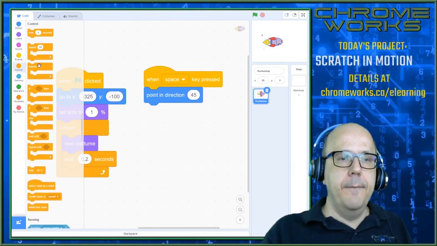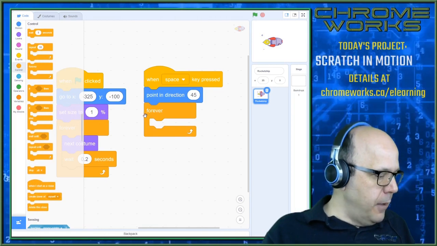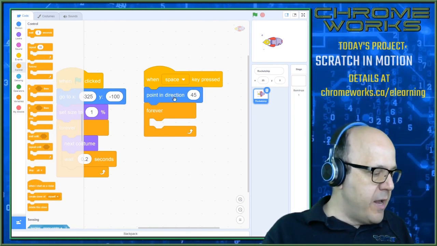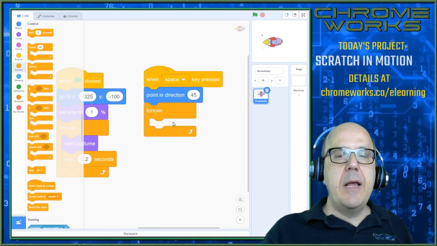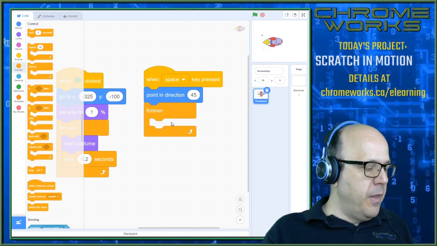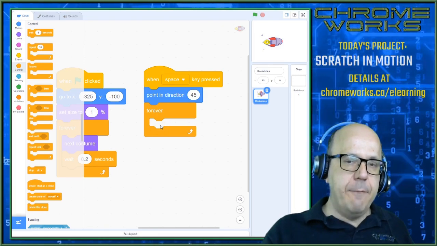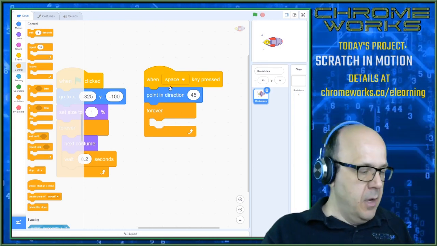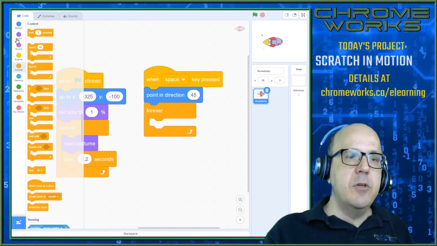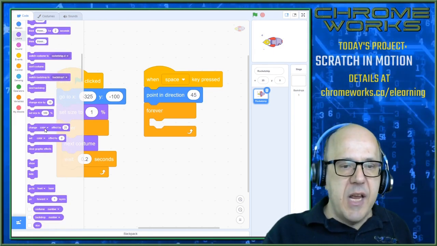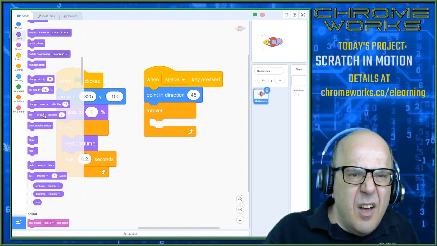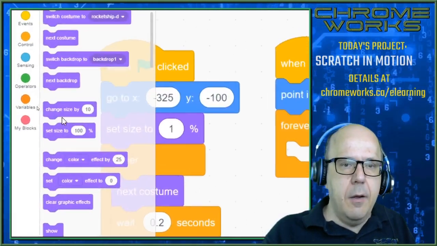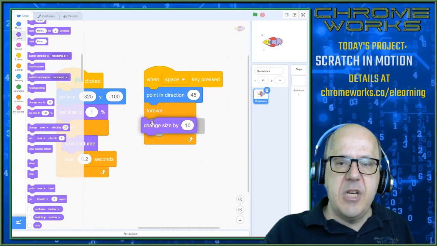Now let's grab a forever loop. And we're going to tell our thing that every time it cycles through the loop, we're going to get it to change its size. So we're going to change it by just a little bit, like 0.5, so that it's going to take 200 cycles for it to get from 1% all the way up to 100%. So we want it to grow quite slowly. So let's go change size, which is in our looks menu. We'll go change size. There it is. It's called change size by 10 on the screen here. There we go, change size by